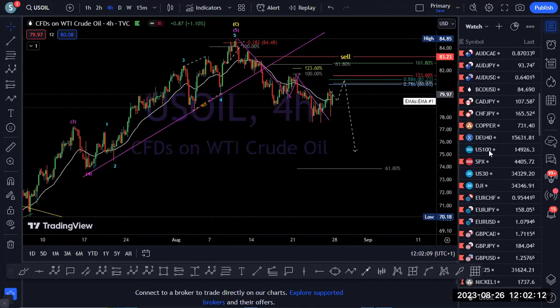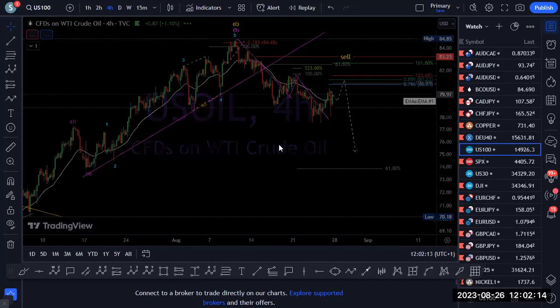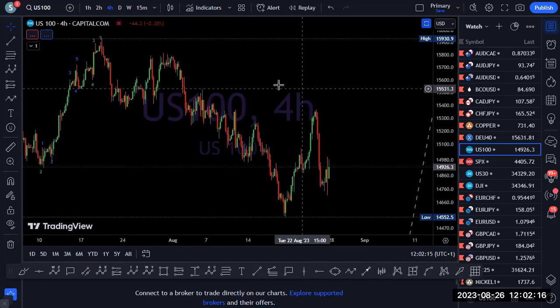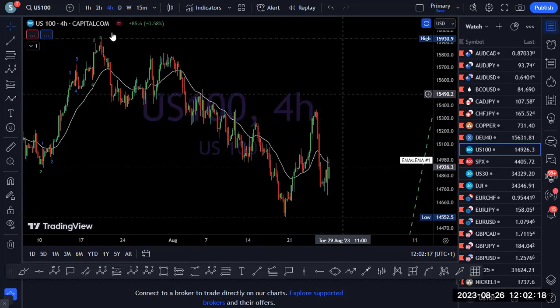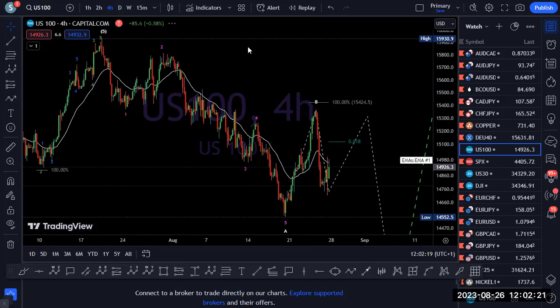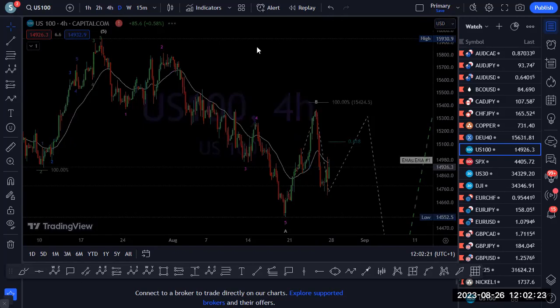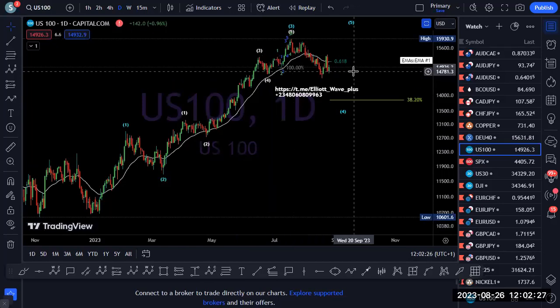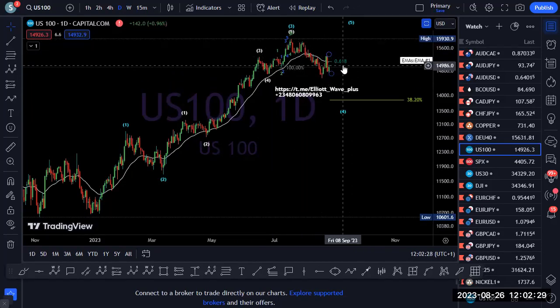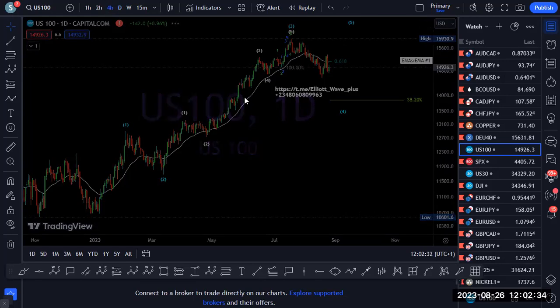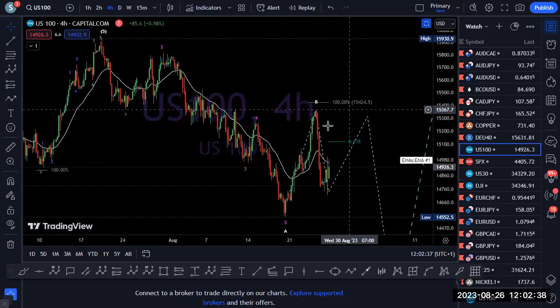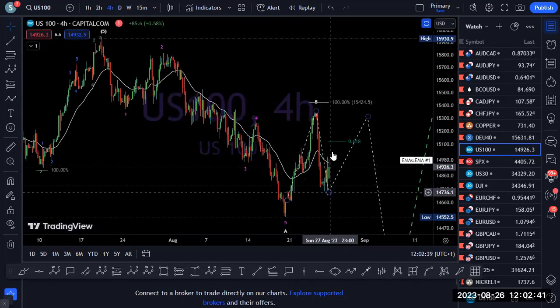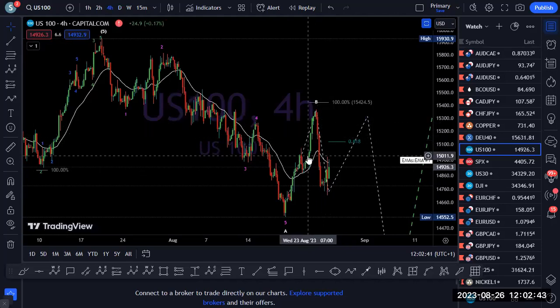Okay, US 100. NASDAQ daily. Okay, NASDAQ is still making a correction. So is it making a correction? I know. So what we have here, I think we will,